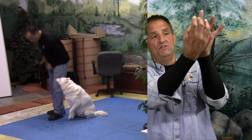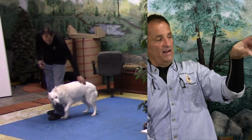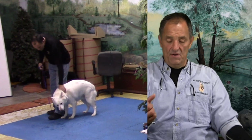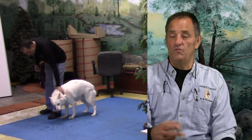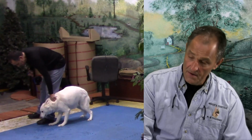I want to use these two fingers on either side of his neck, just in front of his shoulders, in a light massaging motion, to begin a downward pressure, so that he learns that going in the direction of the force relieves the pressure. This way he will begin to go downward, and in going downward it relieves both pressures. And I make sure that I keep the pressures even in a downward motion as he goes down,